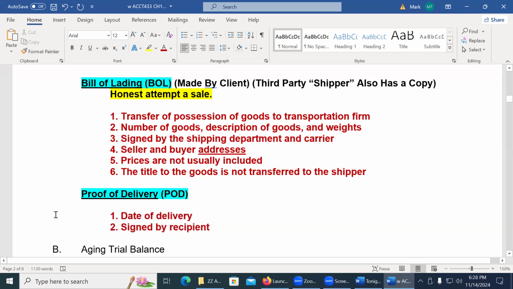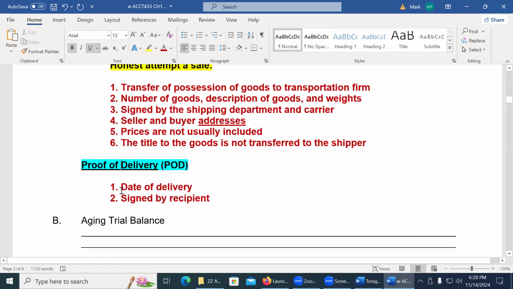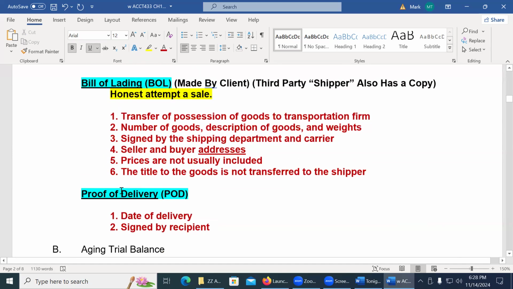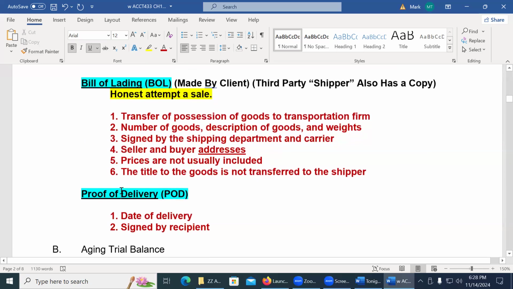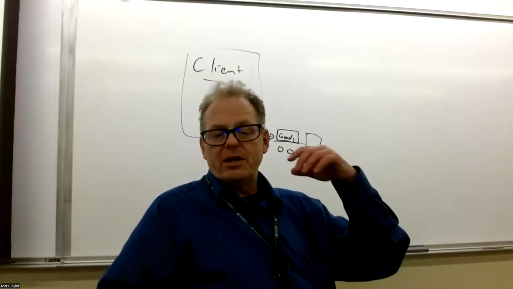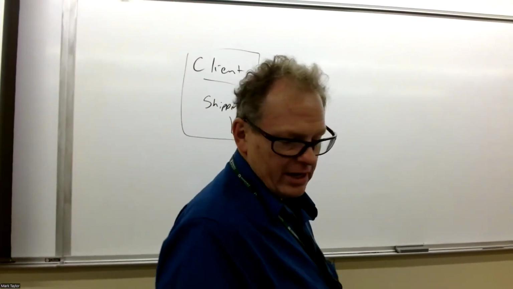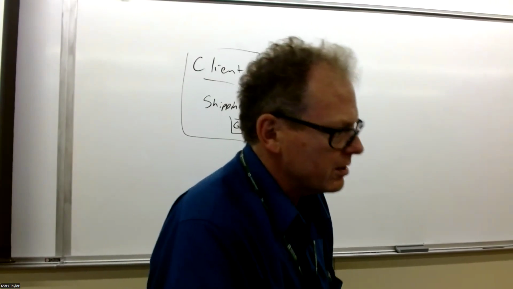Now, even if there is no proof of delivery, but there's a bill of lading, that shows that there was an honest attempt at a sale. Maybe the truck was in an accident and is police impounded or whatever it is. But the big thing is the bill of lading. The bill of lading is evidence that there was actually a shipment made. And if it didn't make it there, there's probably going to be some insurance issue that they're going to make a claim for. Any questions on that? So, the big deal is that the bill of lading is the key because it's a third party